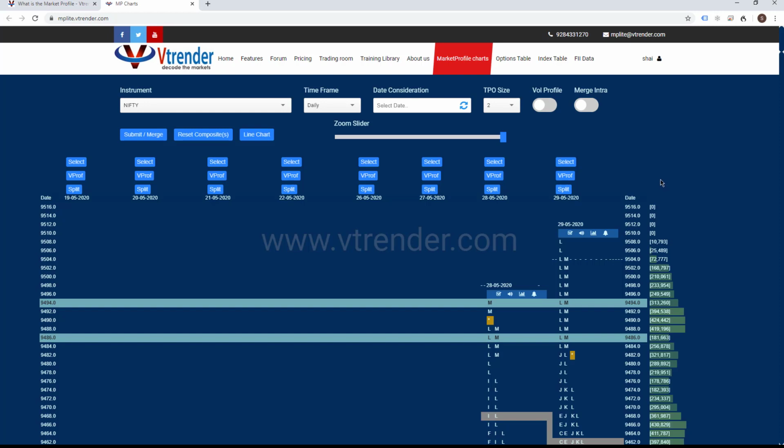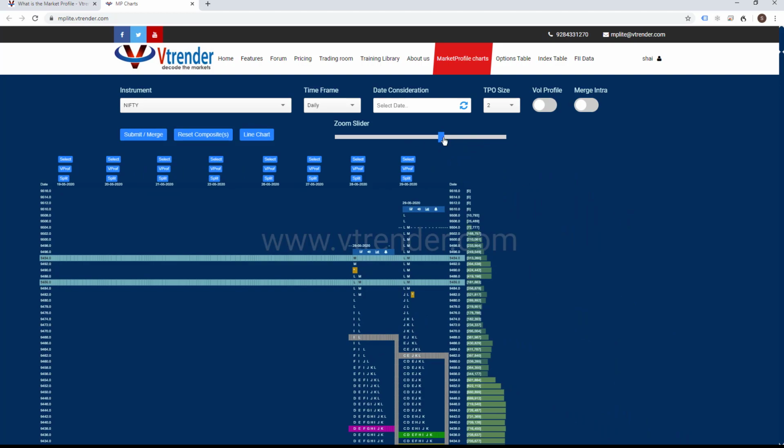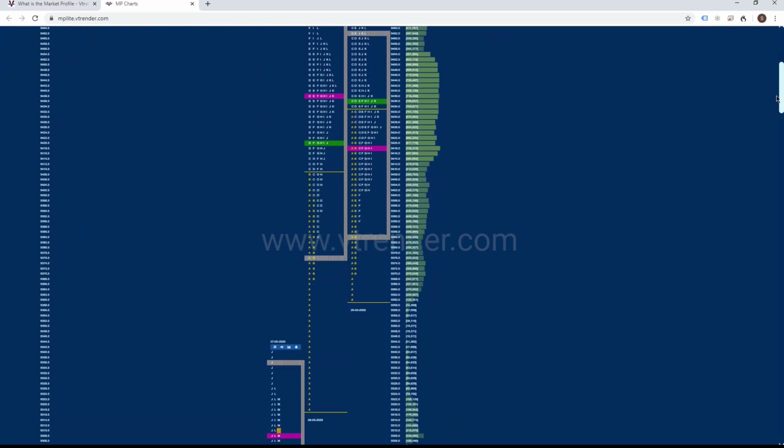Sometimes, just to ensure you have the proper display, you can increase the TPO size by 1, but bear in mind it will hit the accuracy a small bit, though 1 is negligible considering the highly volatile range the Nifty has been in. So we generally tend to have a default TPO size of 2 for the Nifty. You can use this zoom slider to go in and out of the section and have a look at what this thing can do.